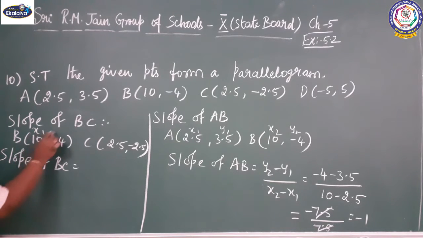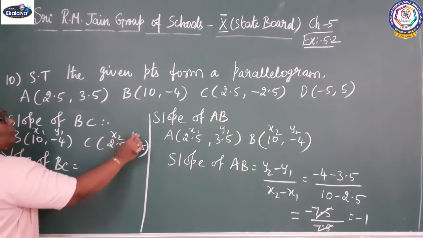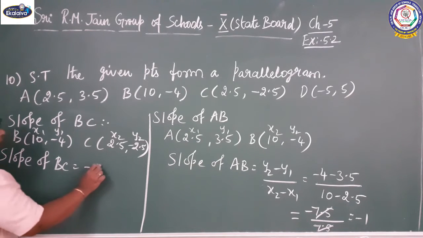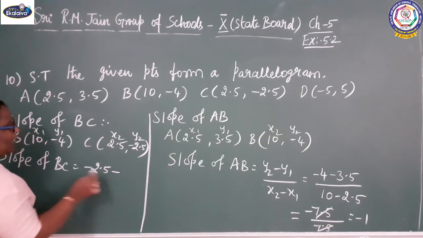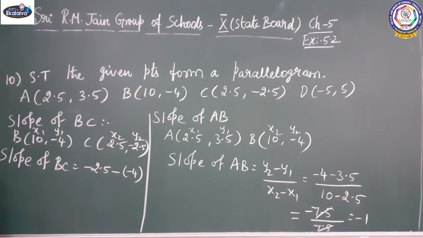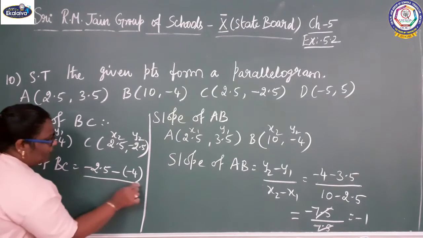This is x1, y1, this is x2, y2. y2 is what? Minus 2.5 minus of minus 4, by